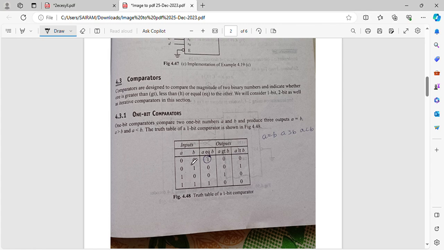So what is a comparator? So comparators are designed to compute the magnitude of two binary numbers and indicate whether one is greater than, less than, or equal to the other. ಅಂದ್ರೆ ಏನ್ ಮಾಡುತ್ತೆ, they will compare the magnitude of two binary numbers. So that means ಏನಾಗುತ್ತೆ,